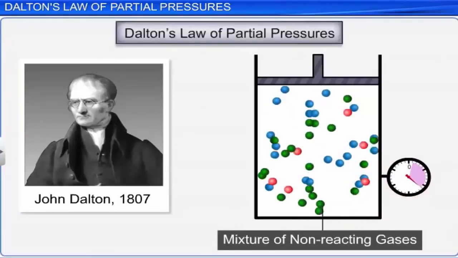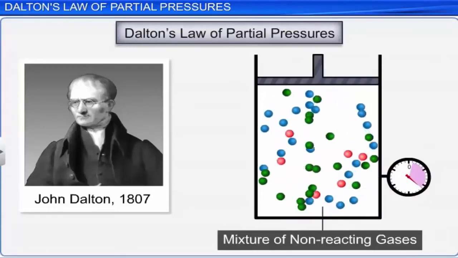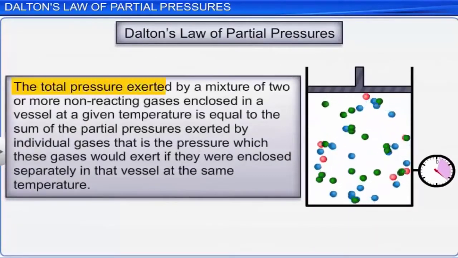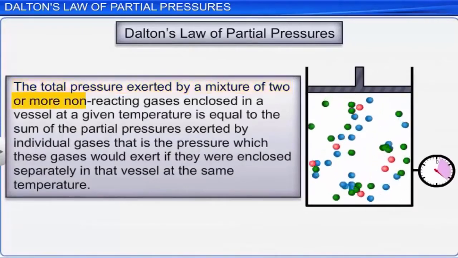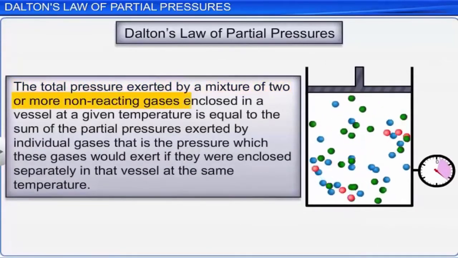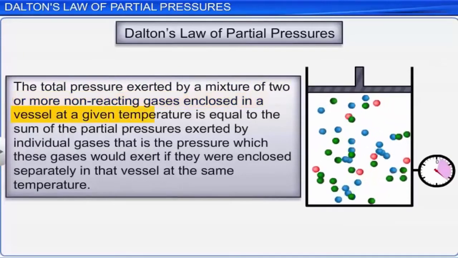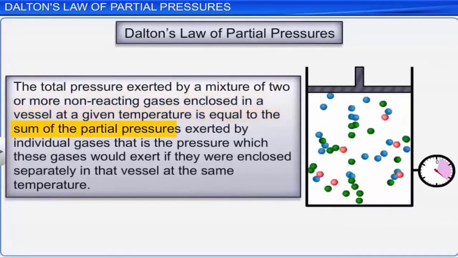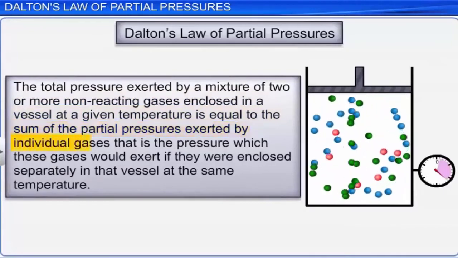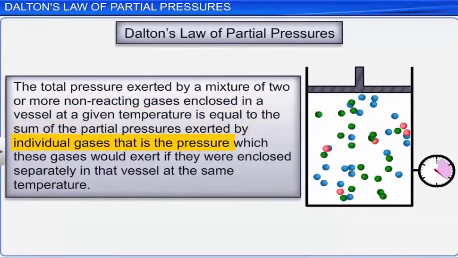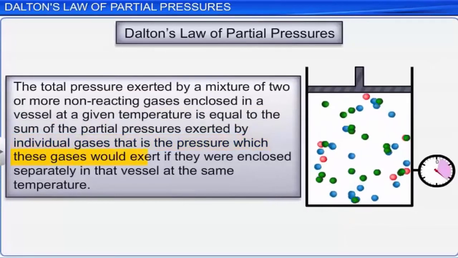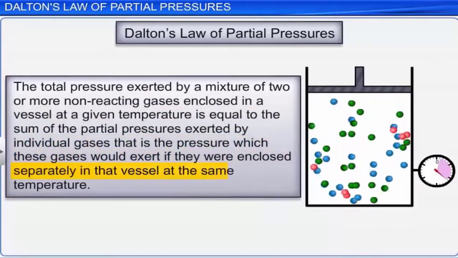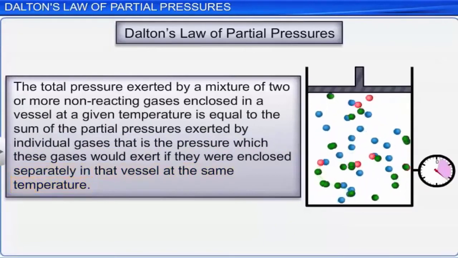According to Dalton's law of partial pressures, the total pressure exerted by a mixture of 2 or more non-reacting gases enclosed in a vessel at a given temperature is equal to the sum of the partial pressures exerted by individual gases, that is, the pressure which these gases would exert if they were enclosed separately in that vessel at the same temperature. To understand this law,